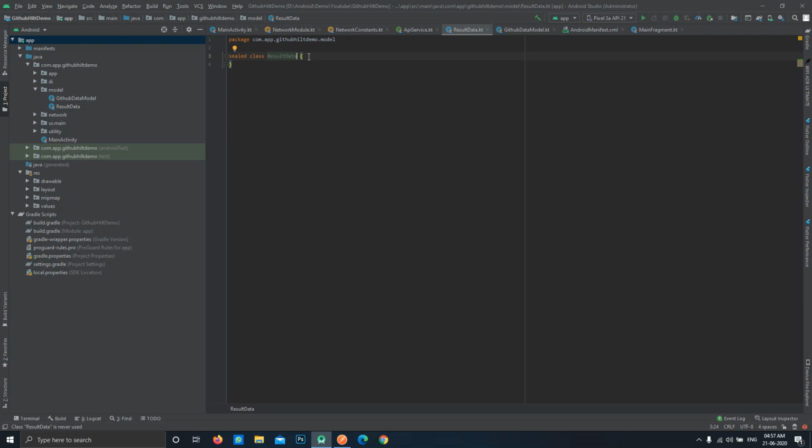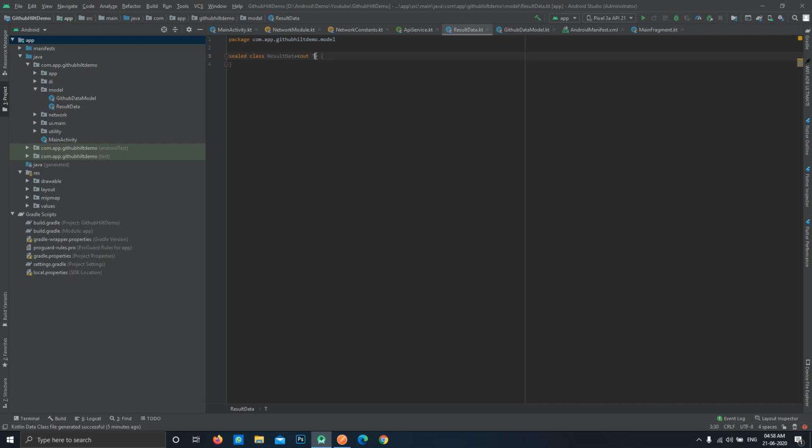Basically, a generic class is one you can use anywhere, and wherever you use it you can specify the types there. I think you must be confused if you don't know what these generic classes are, so let me show you by example. We'll be defining the type over here, and the type in our case will be a generic type.